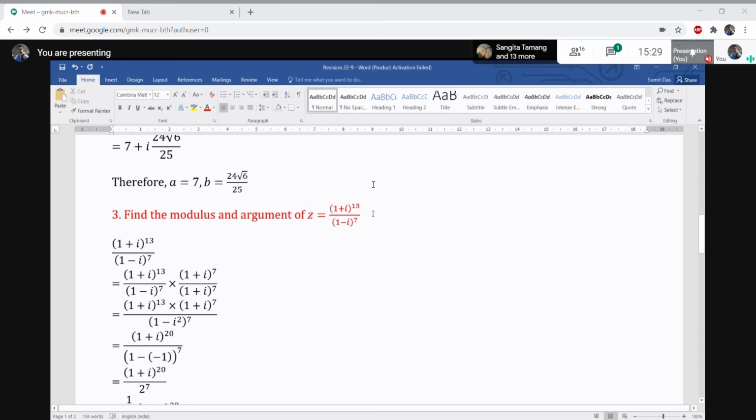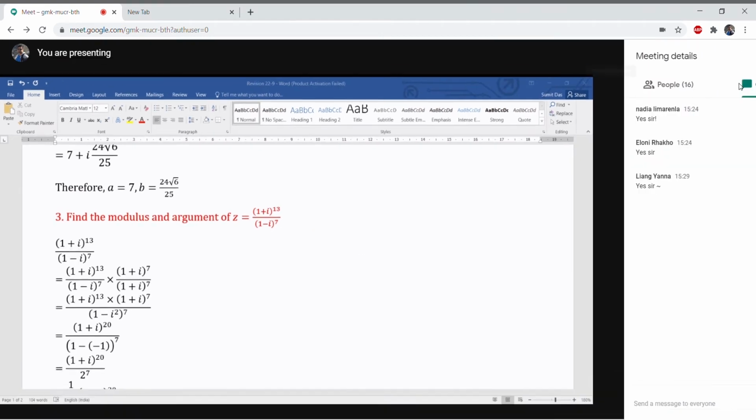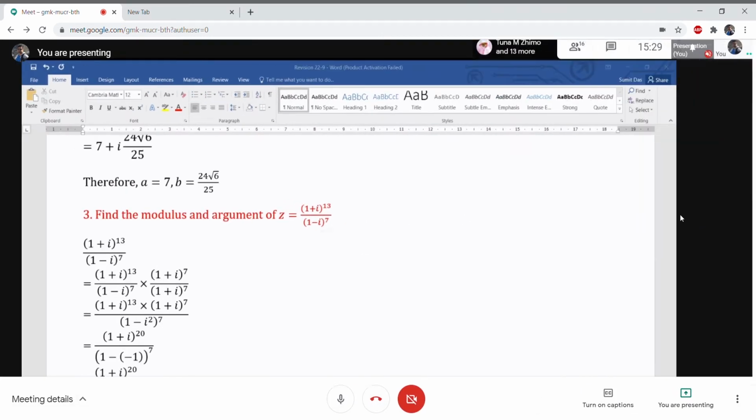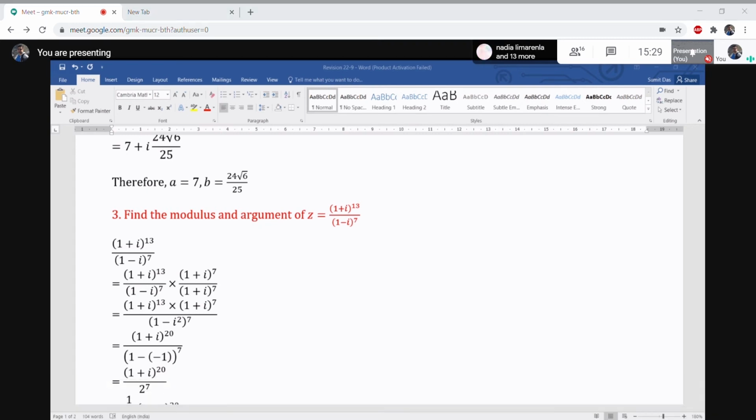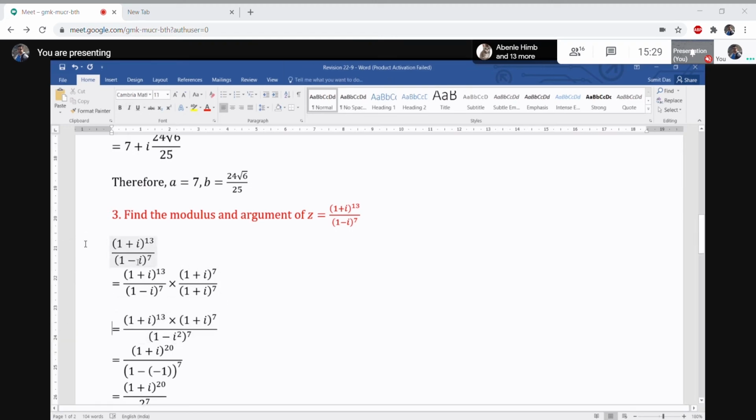As I told you, whenever you have a complicated complex number, you have to simplify first. You have to simplify the complex number. So for simplification, whenever we get a complex number like this, we'll try to remove the denominator. If the denominator is a complex number, we will first remove it, like the rationalization.